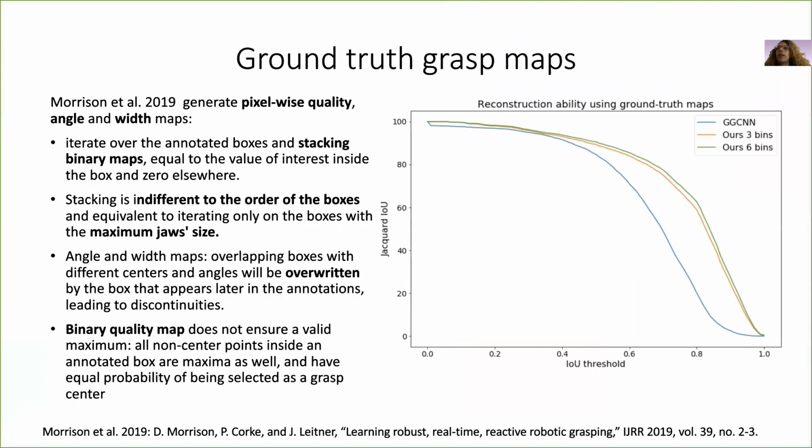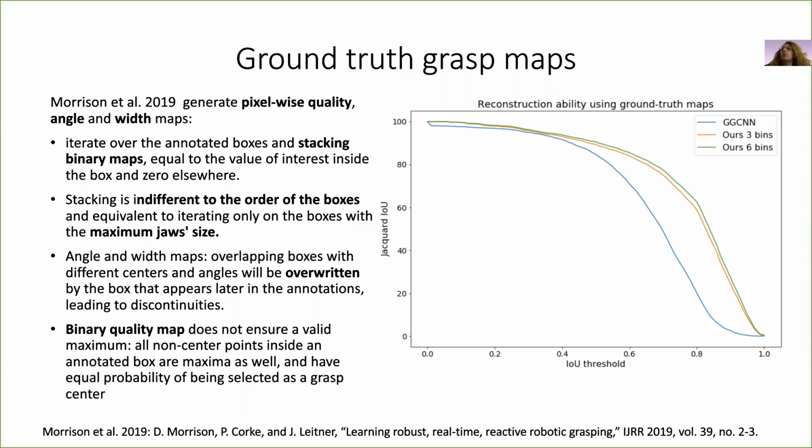Morrison et al. created ground truth maps by creating pixel-wise quality, angle, and width maps by iterating over the annotated boxes and stacking binary maps. This stacking is indifferent of the order of the boxes and finally considers only maximum jaw sizes. For the angle and width maps, the annotations are overwritten by the box that appears later in the annotations. And finally, they use binary quality maps that do not ensure a valid maximum, as all points inside the box can be considered as a possible grasping center. This means that even a hypothetical regressor cannot perfectly predict and reconstruct the annotated grasping maps, as you can see